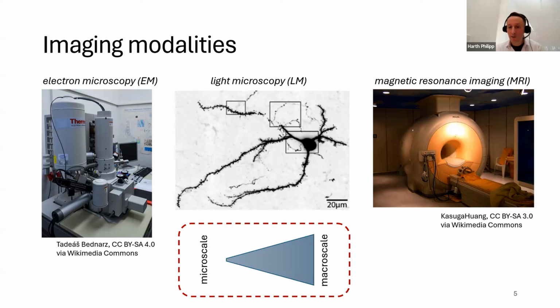At the mesoscale, we have light microscopy, and with these light microscopical techniques, you can visualize individual neuronal cells. This is actually an image measured by our cooperation partners in Bonn, which is showing one cell with a soma, and these thick areas are the dendrites. You can see synaptic spines, these little protrusions, and these very fine branches are axons, which are forwarding signals to other neurons.